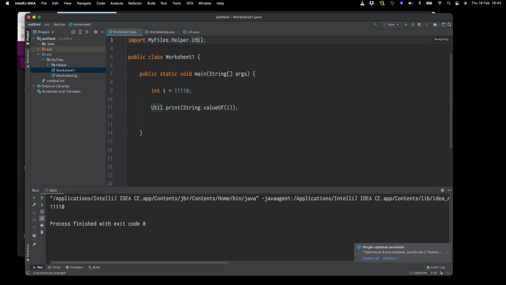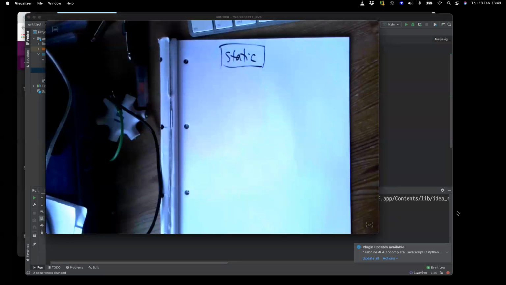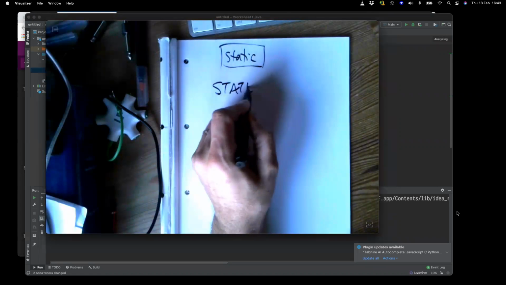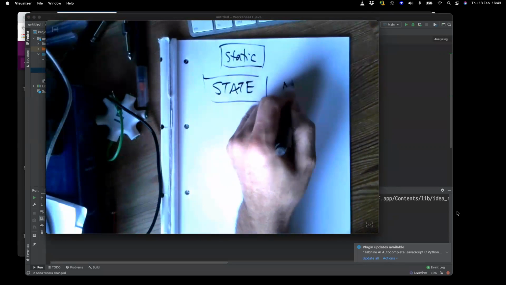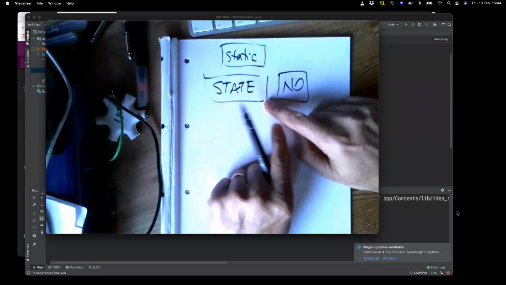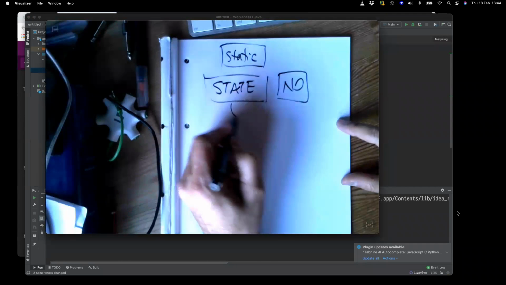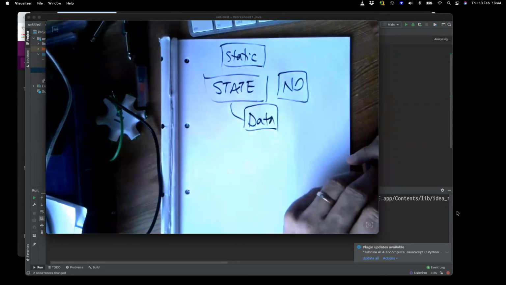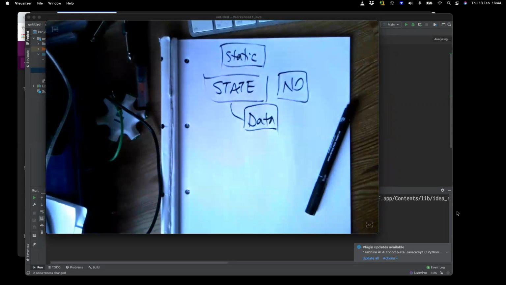So you can use it as is, but the crucial element of static, the technical meaning of static is, as people said, you don't have to create an instance, but there is another word very close to this. Static has no state. A state is to do with something called data. If you store data in an object, think of it like this. If you've got a bot in a game and you shoot that bot and that bot's got 3 lives left, the state of that bot is that it's got 3 lives left. If you shoot it again, it's got 2 and it's on its way out, right?